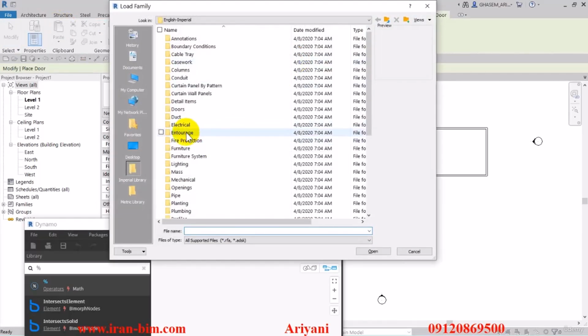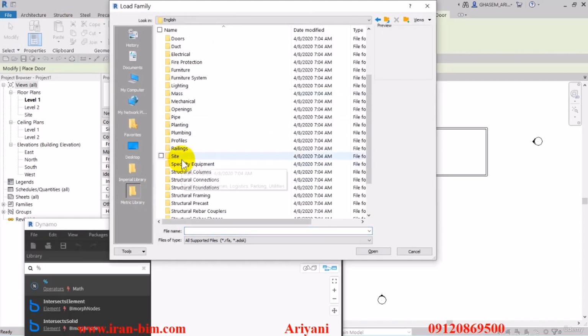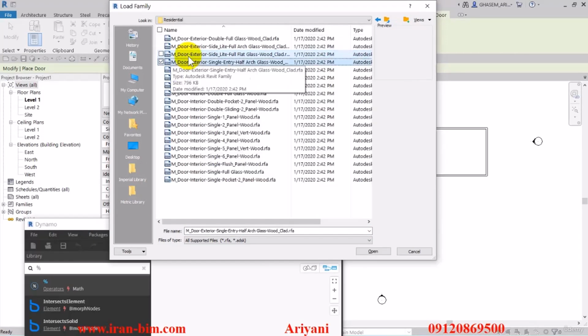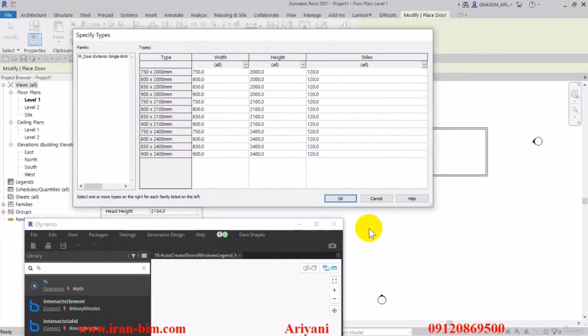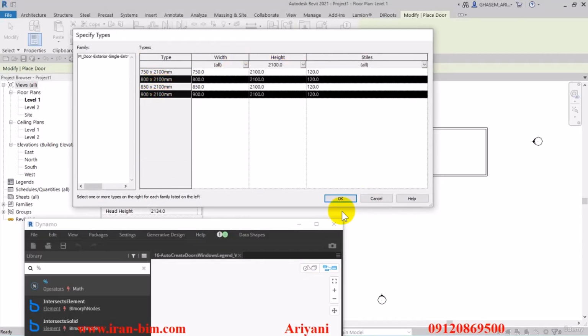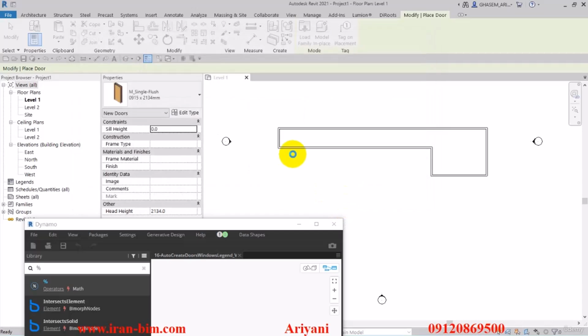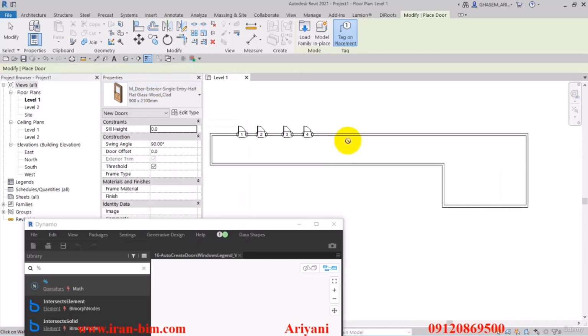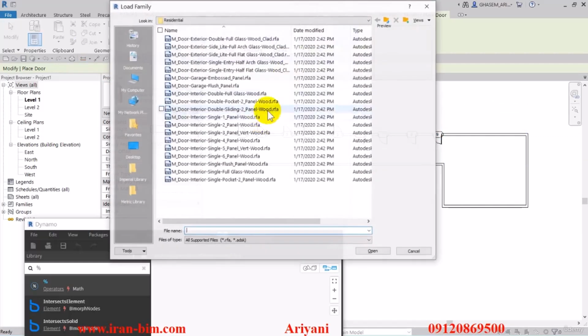So I'll select the doors and press load family. And then from the metric doors folder, I'll open up the residential folder and select this type and open it up. The height is going to be 2100. Then select the 800 and 900 for the width and press OK. I'll also activate the tag, put this on 800 type, put in 4 doors here, and then 5 more using